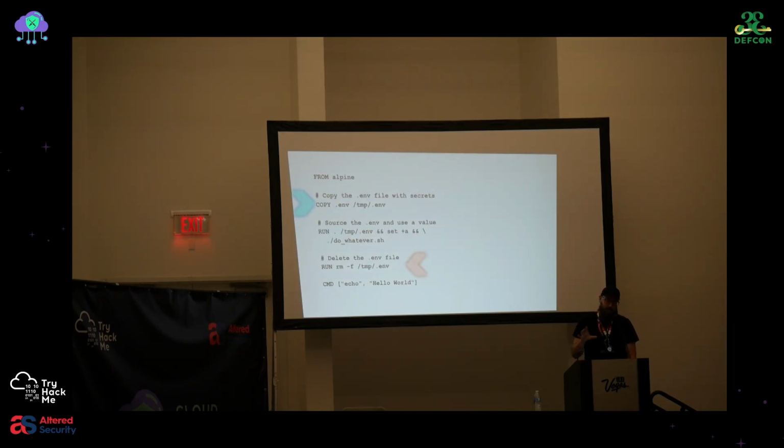So imagine, if you will, here's your simple Dockerfile. We start out with Alpine. We copy some .env file because, I don't know, we need to interface with some API during the build of our container. We do whatever we need to do, and then we remove that .env file. We go, oh, it's a sensitive file. It's got credentials or passwords in it, so I need to get rid of that, and everything is done.